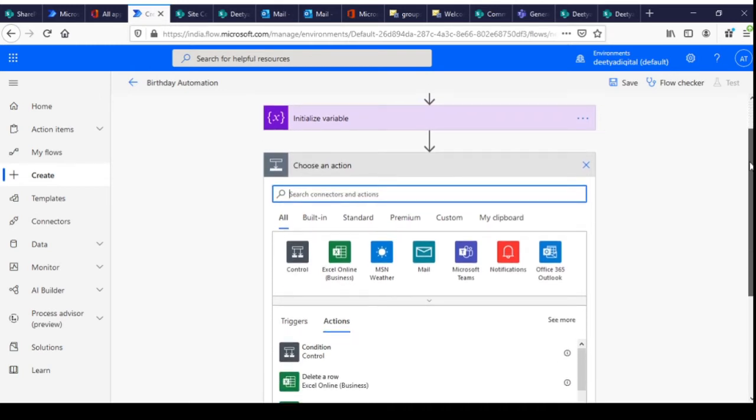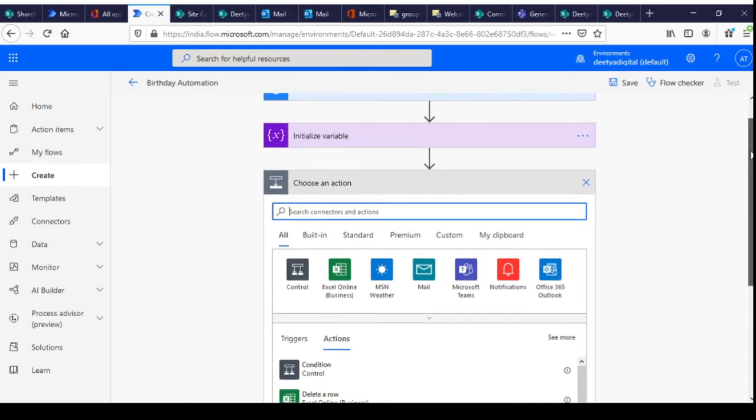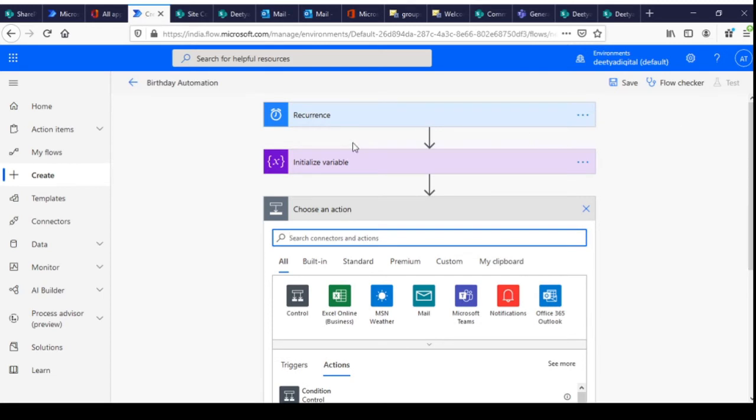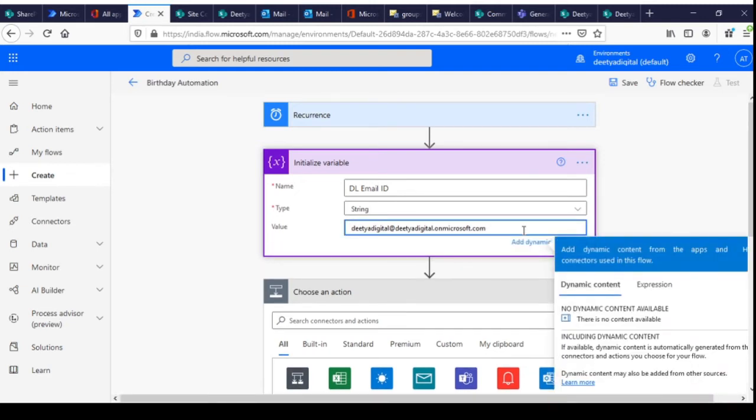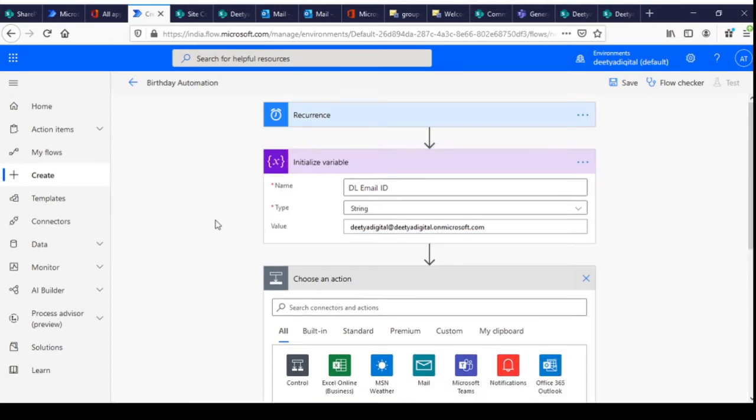But there is a drawback: they don't accept the DL IDs. So the trick I did was to initialize one variable and set the DL as its value, and it accepted it, and it is triggering email to the distribution list as well.